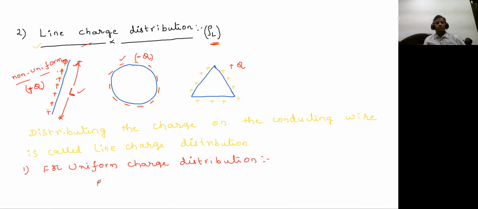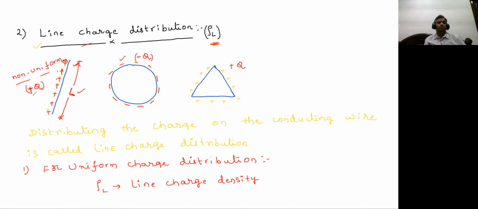What is rho L? We call it line charge density. Okay, let us now try to define what this rho L is. It's a ratio of something. Generally, density is always mass by volume. Here, there is no mass and volume. There are only two things here, which are the total charge and the length. So the definition of rho L should be in terms of this charge and length, but which should be on the numerator and which should be on the denominator.